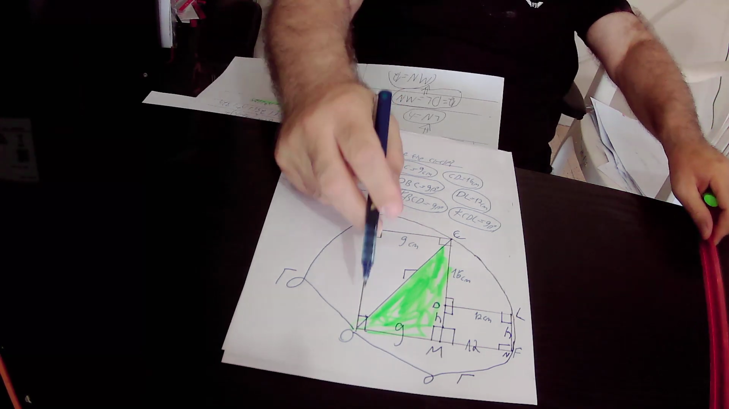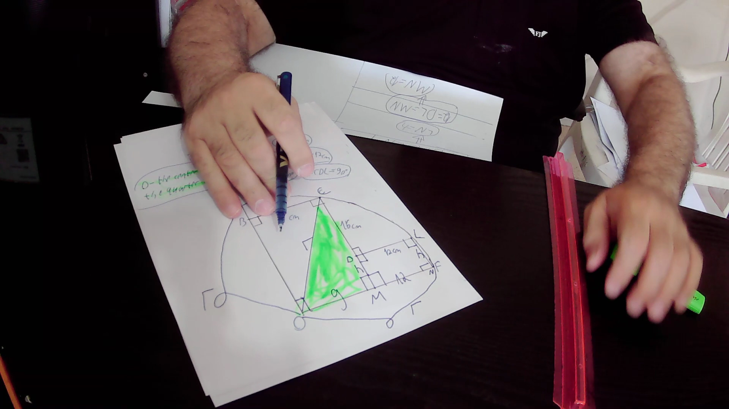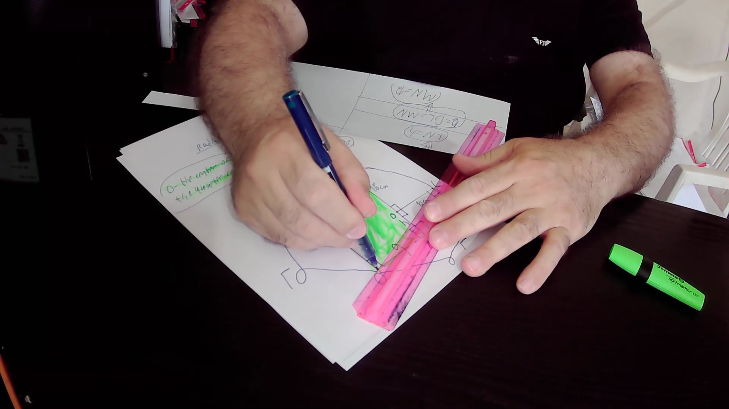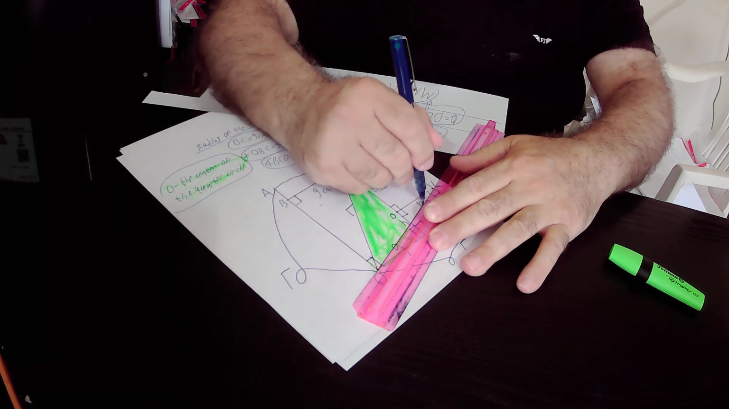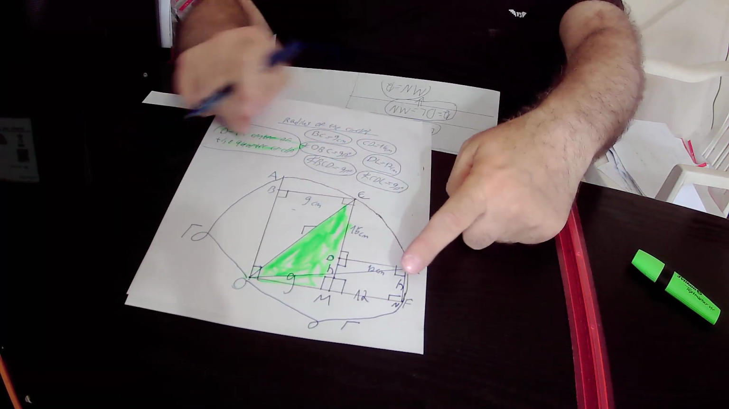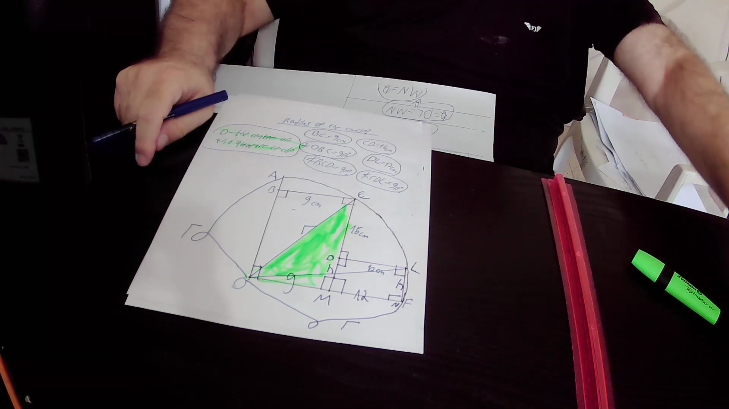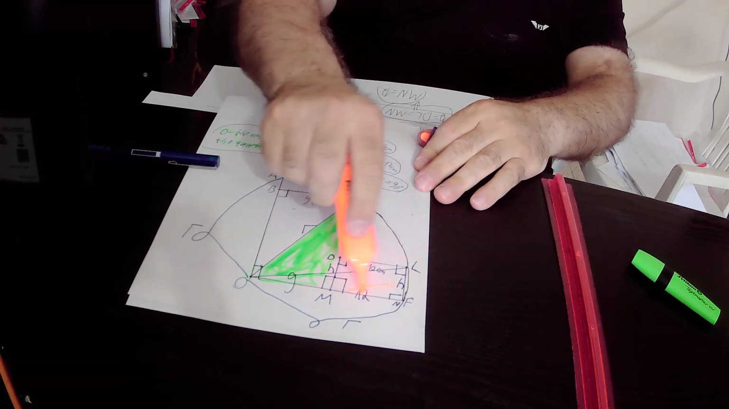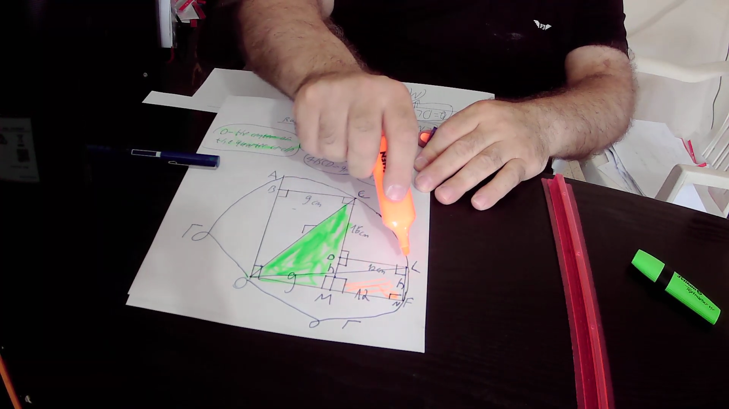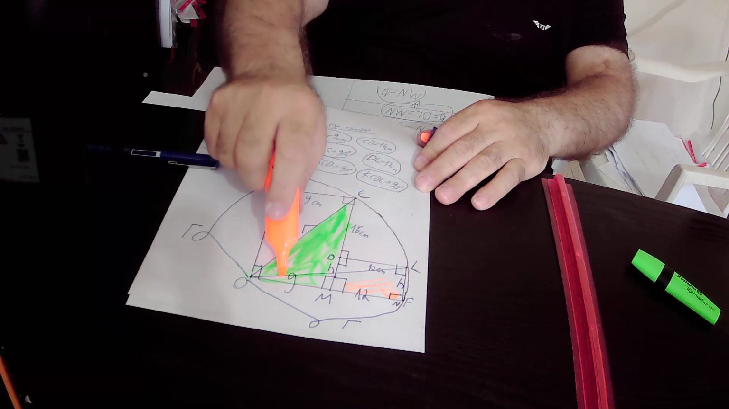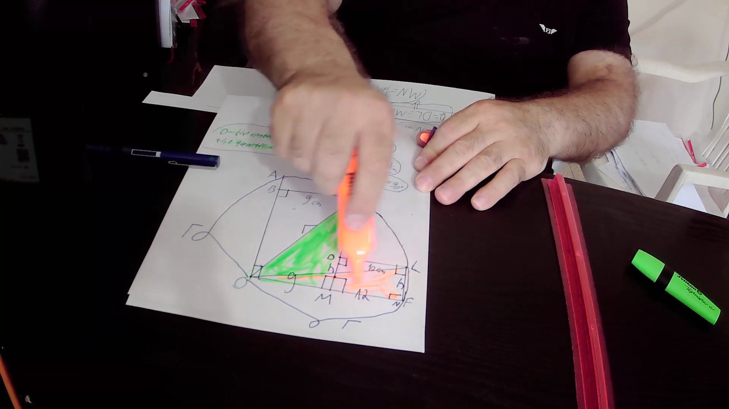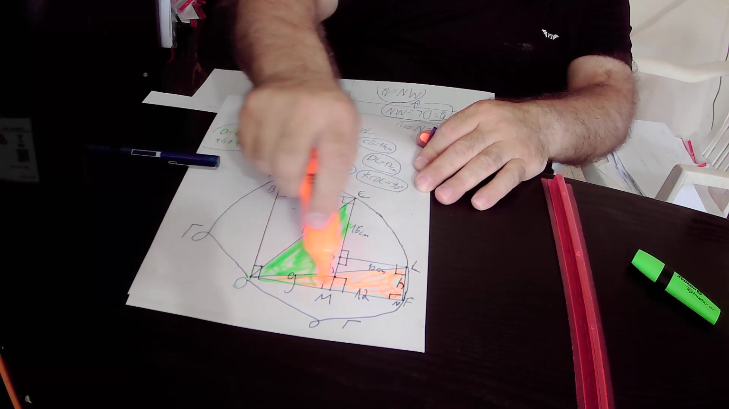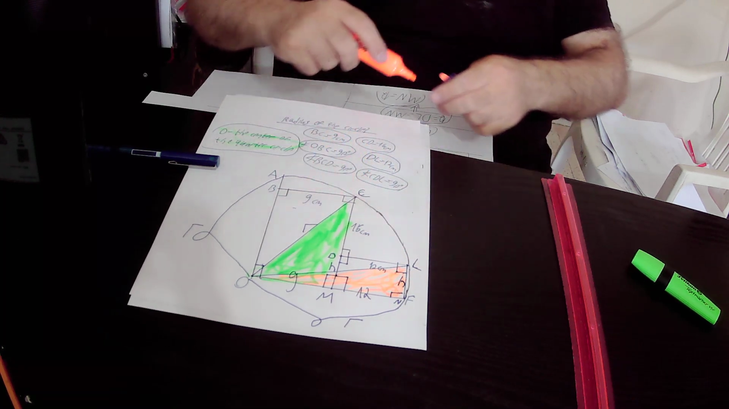By joining points O and L by a straight line, we create another right triangle. So this is the right triangle OLN. This angle LNO equals 90 degrees, therefore triangle LNO is a right triangle. The hypotenuse is LO,